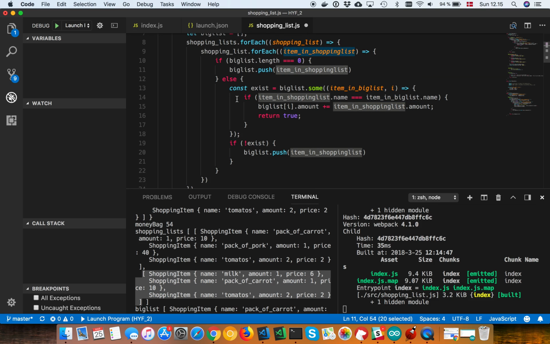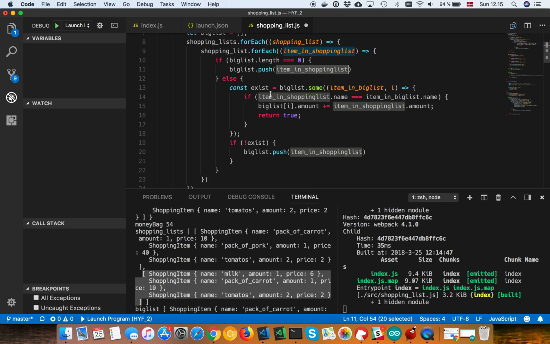Otherwise, I will check if that item already exists by doing this. And I'm using some, which returns true, which is very efficient because we stop immediately when this becomes true. Then if it exists, I will add the amount of the item to the item that already exists in the big list. This plus equal